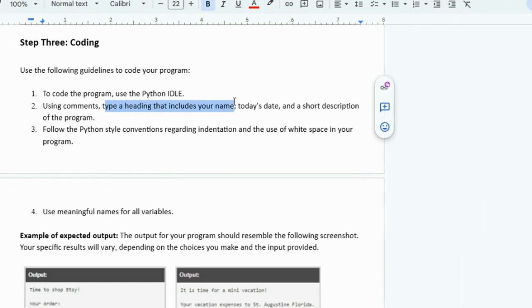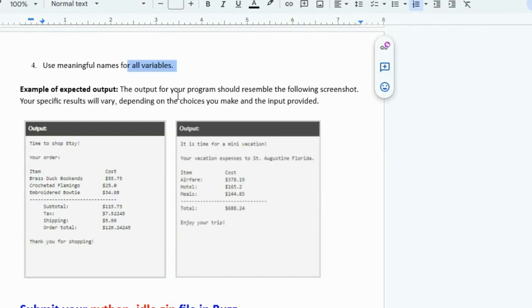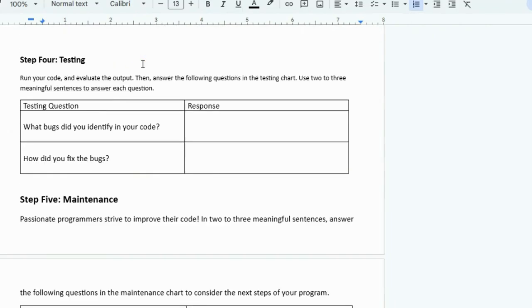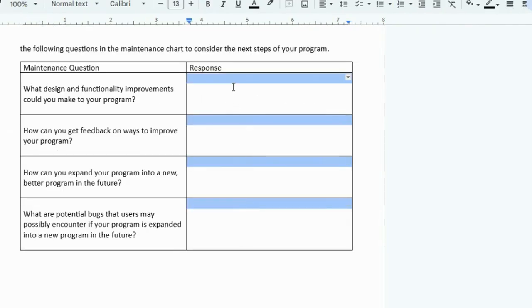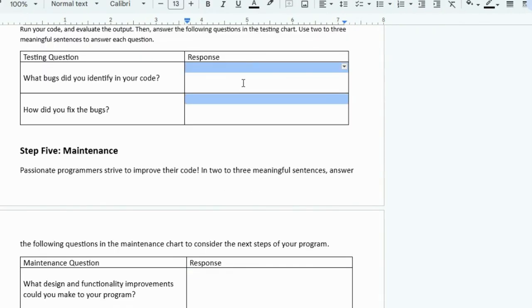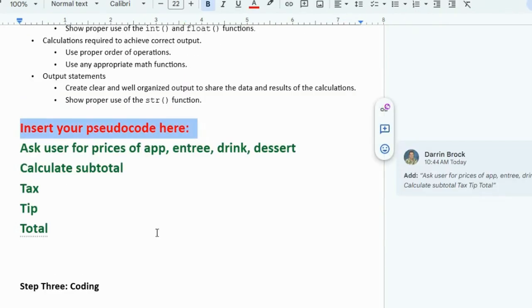You don't have a heading that has your name, date, description when you're actually coding the program. After we write our plan and we code it, you don't have any variables at all because you didn't do any calculations. Didn't do any inputs to save into variables. And you didn't answer these questions on this. The questions on all of these are worth 20 points. The pseudocode's worth another 10 points. And so missing that, you're missing out on 30 points.